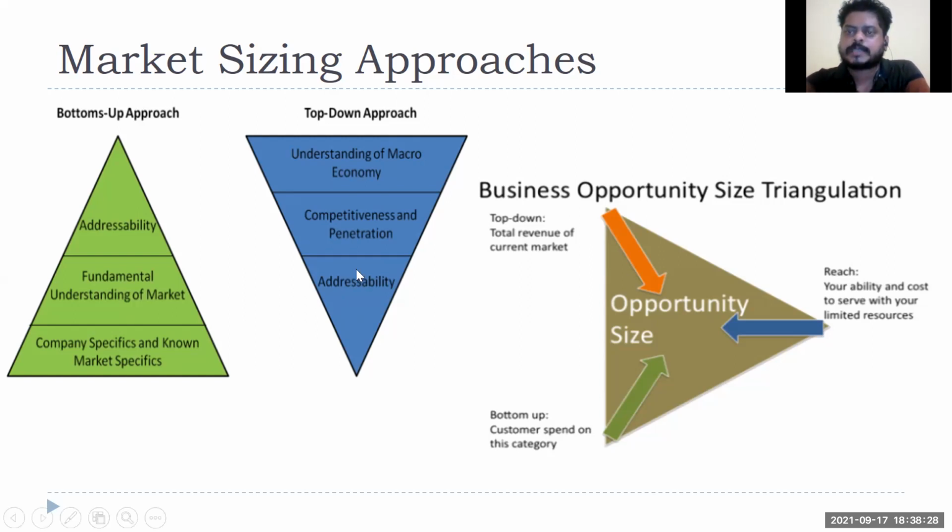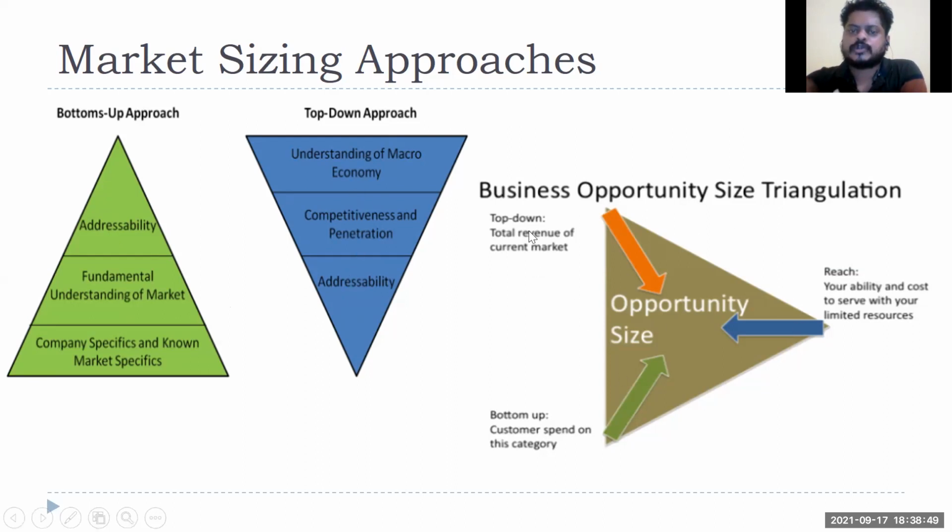Then obviously out of that market, how much you can address. So this is a bottom-up approach: you go with competitor analysis and sum that up. In a top-down approach, you find out the macro level data. Macro level data means the number of organizations, type of organization, if you remember those macro segmentation details. But ideally, it is a kind of triangulation.